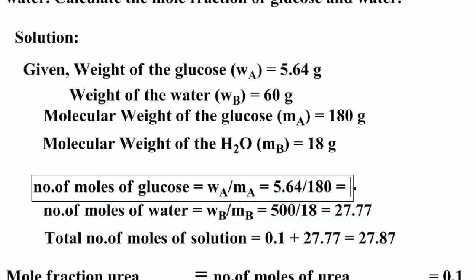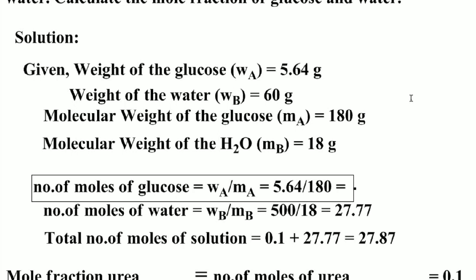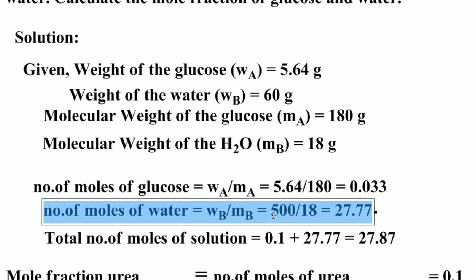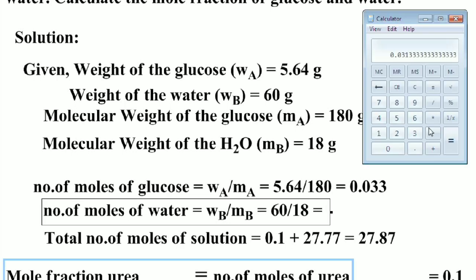Therefore students, 5.64 divided by 180 equals 0.0313. Similarly, the number of moles of water is equal to the weight of the water divided by the molecular mass of the water. Given the weight of the water is 60, therefore 60 divided by 18